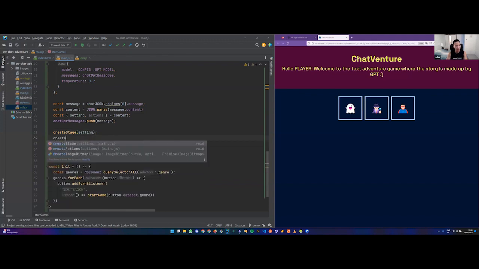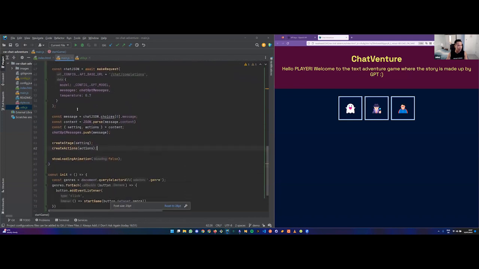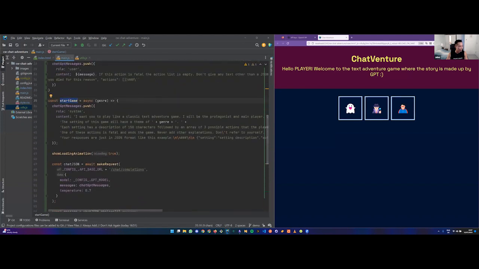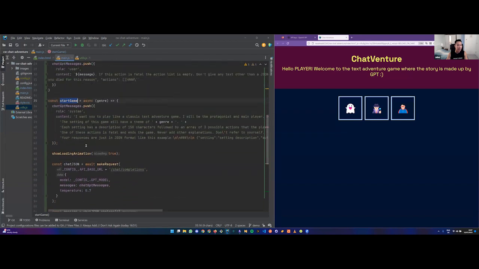So I'm splitting this into two different functions, which is a good practice in terms of single responsibility of our functions, but also it will allow me to more clearly do what I want to do with sending my actions to ChatGPT. That goes there. And cool. So I also need to separate something else here. Where's my start? This is my start game. ChatGPT messages await set stage. Cool. So next,